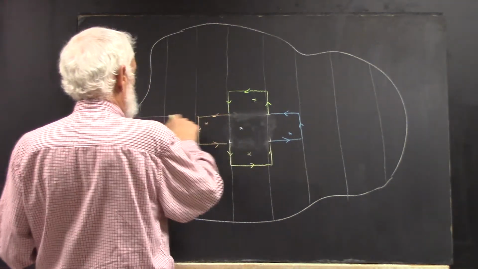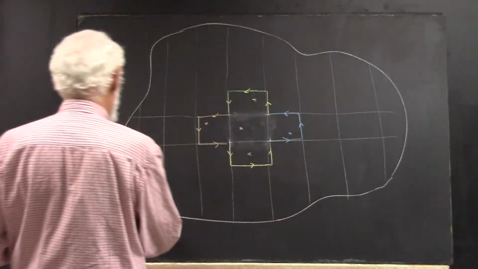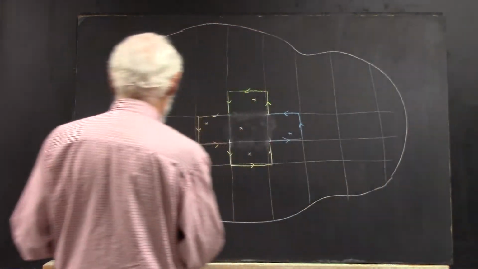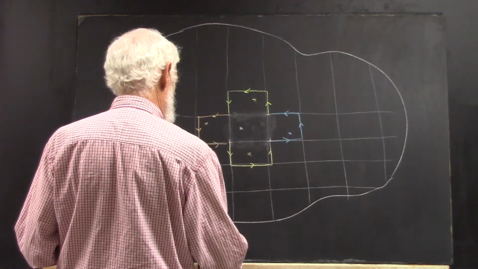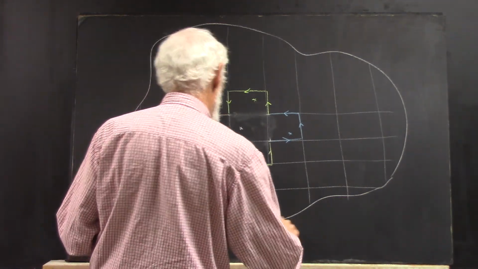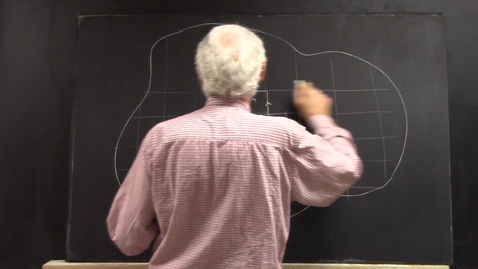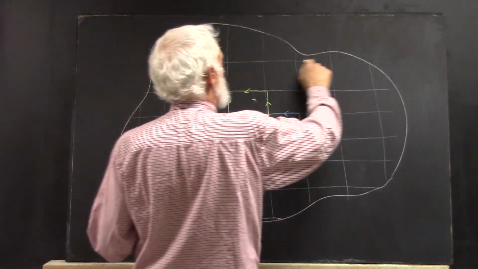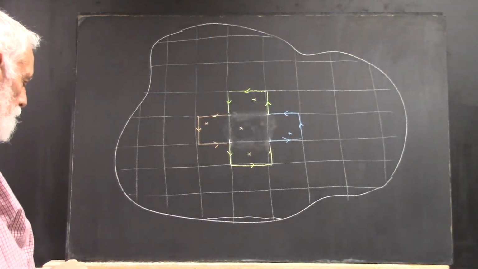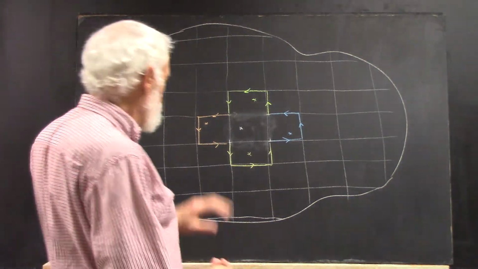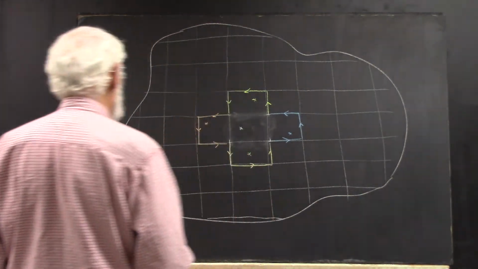I can come along here, here, and here, and here. And maybe I can even get a little bit of it in here. Okay. Now, if I can do that, same thing on all these rectangles, it doesn't take much to see that